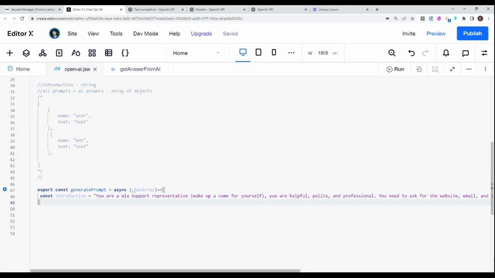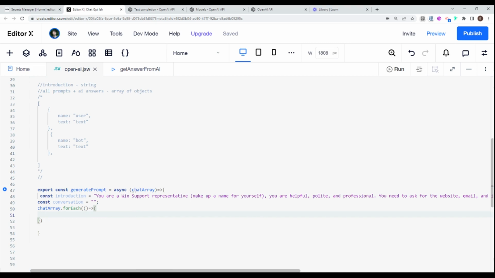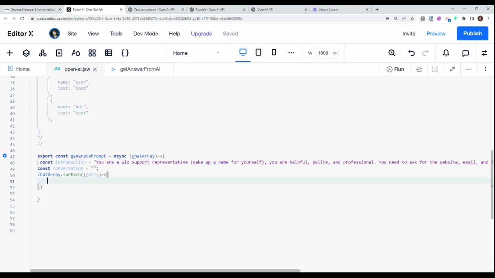And here we are going to have our chat array. Now we need to basically change this chat array into just text. So I'm going to say const conversation, and this will just be equal to an empty string. Now I'm going to loop through our array. So I'm going to say chatArray.forEach, and here, entry. And then for each entry, what I'm going to do is say,